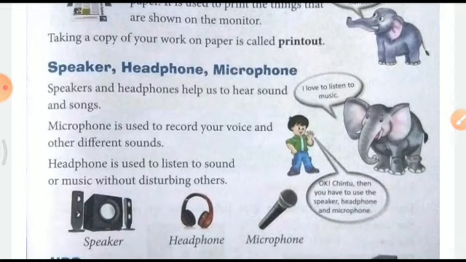Microphone is used to record our voice and other different sounds. Headphone is used to listen to sound or music without disturbing others. Right now, children, I'm using a microphone to make this video and to record my voice on it. And when you listen to it, either you will be listening to it as it is, or you will be using a headphone.